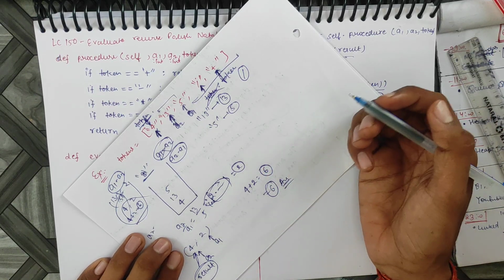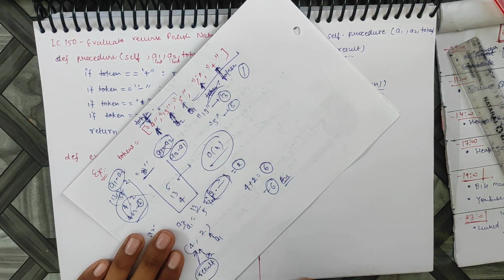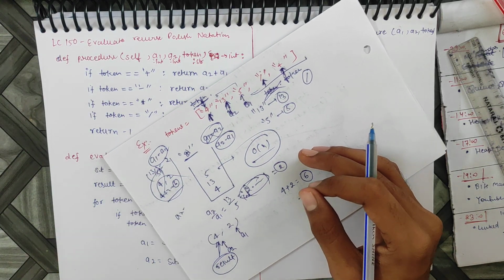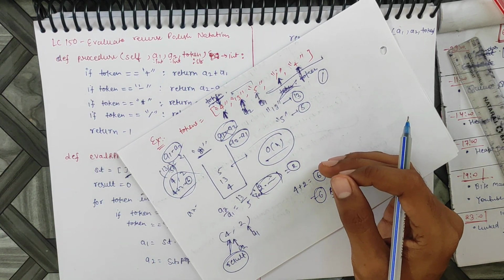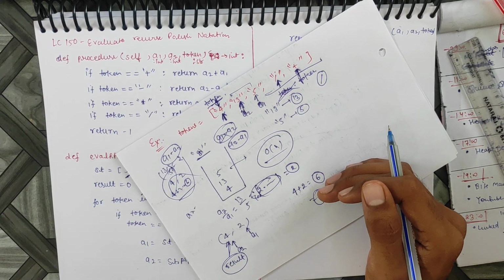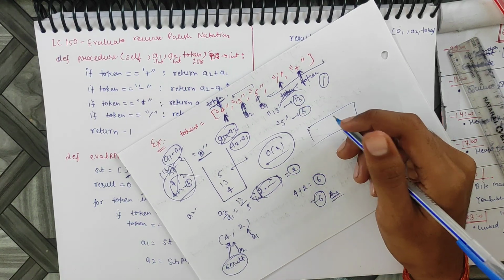And if we talk about the time complexity, this is big O of n, because we are storing the numbers in the stack, so we have to store all the numbers in the stack. That is big O of n. And the space complexity is also big O of n, because it will take space to store the numbers. So yeah, that's all for today.